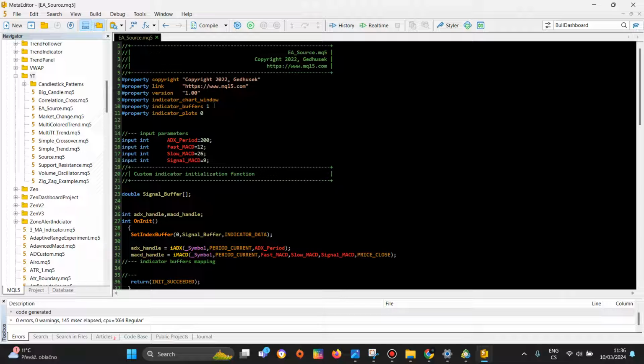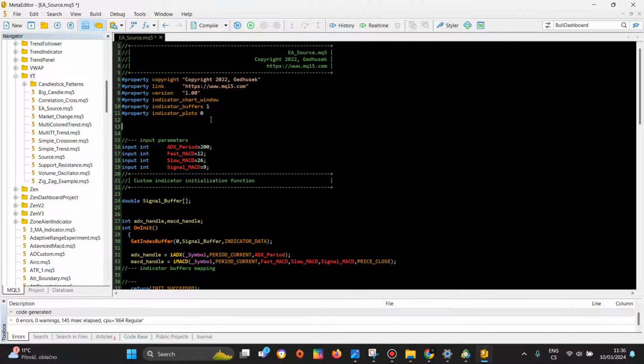I thought that it was possible to just specify the number of buffers and then use it, but no, you have to specify which buffer is for what. And this is the part that I don't remember. So